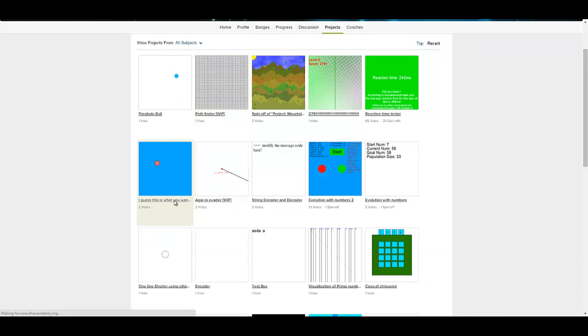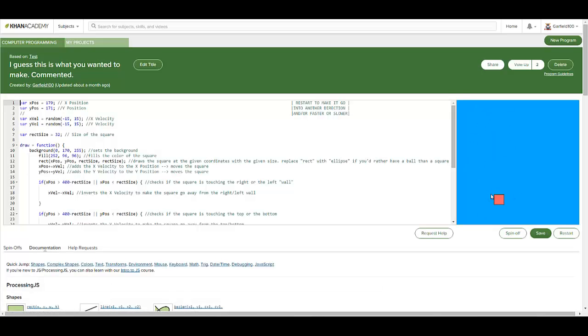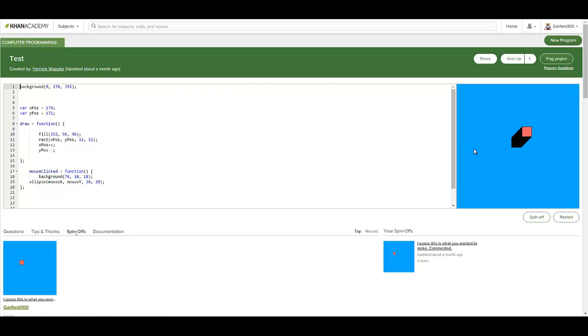Yeah, this is what a friend made, and it's just a cube bouncing around, just like one of those balls. But see, this is the test, and he kind of messed it up. I don't know what he did. He said he wanted to make it bounce around, but he's learning.